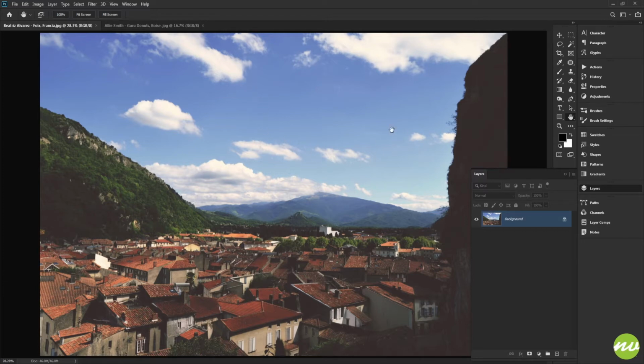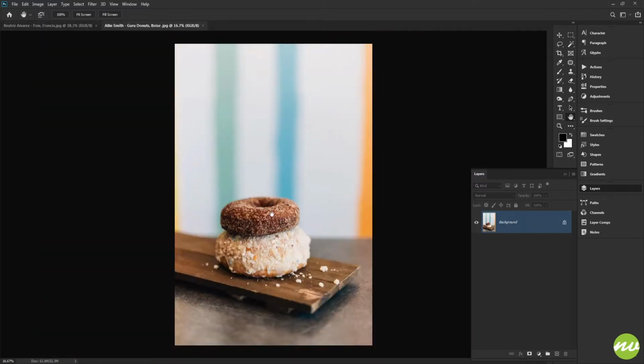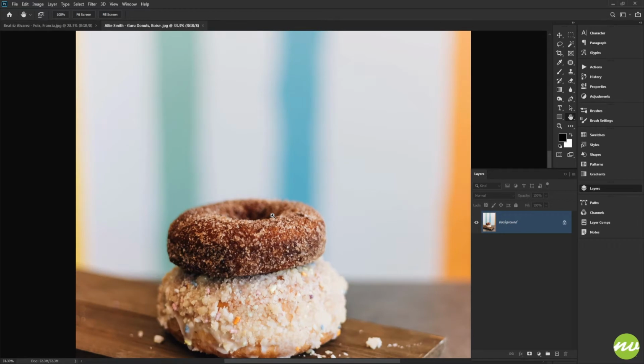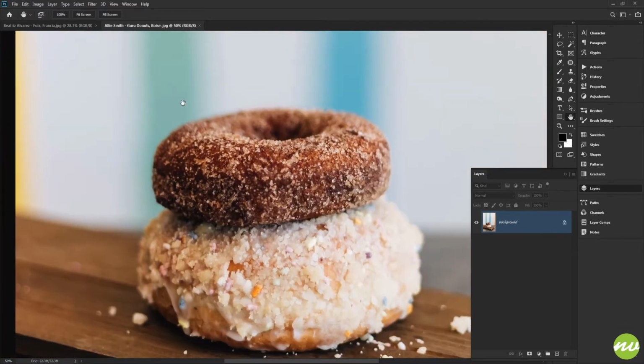This is the photo that we're going to create the scene in. Here's the photo that we're going to use to create the UFO. Before I mask this out, because I want this donut right here, but before I do that,